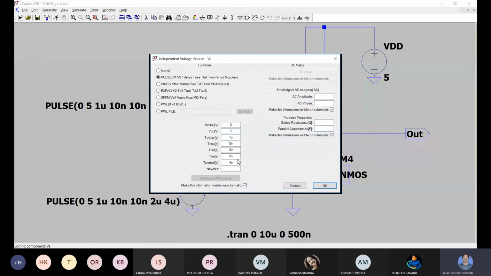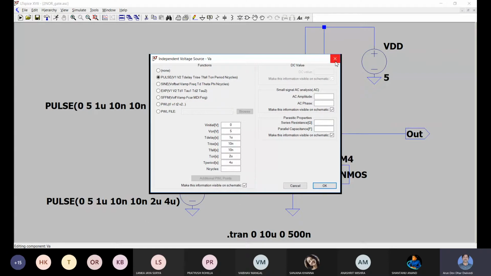Here I am taking double, so that with variations in the input we can get a combination of variations like 0 0, 0 1, 1 0, 1 1. All types of variations we can get. This is why we are taking different time periods here. On time is 2 microsecond, period is 4 microsecond. Click OK and then place it.